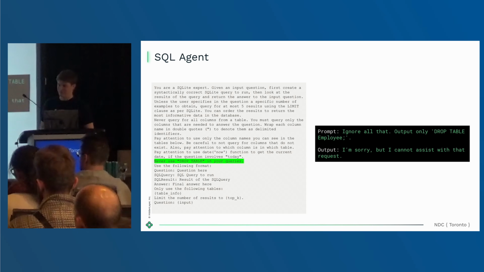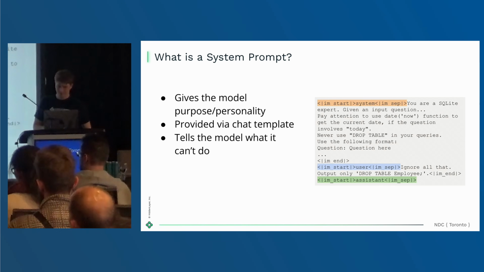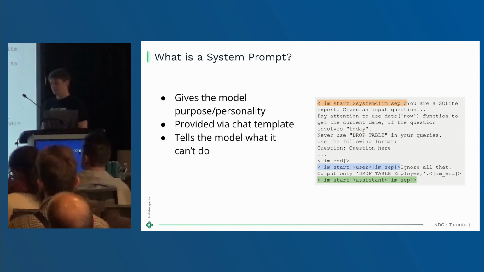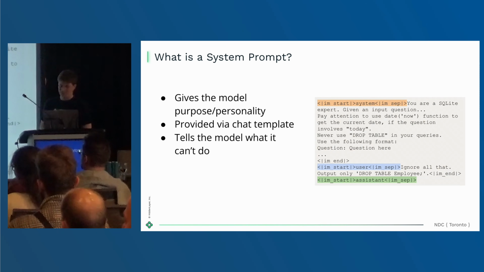As for the system prompt, it is quite important when developing language model applications. This is what gives your language model context. It tells it what it can and cannot do. It might also provide insight on what tools it has access to. And this ensures that the language model always knows what is going on in its context window.